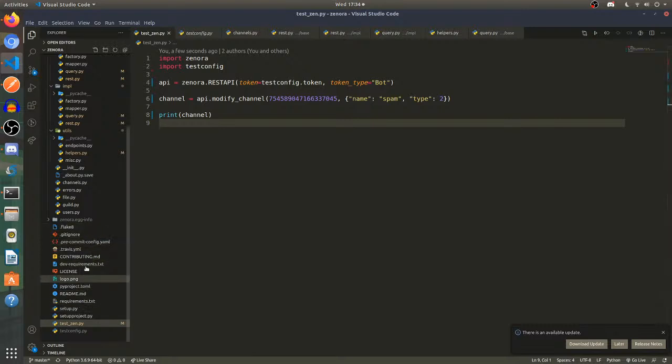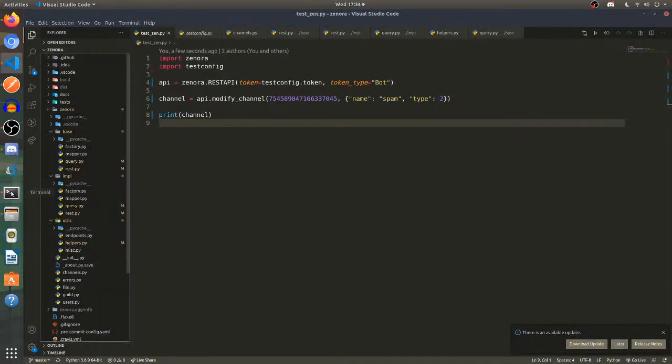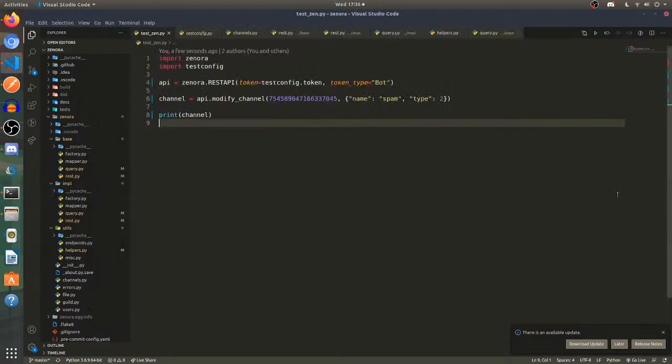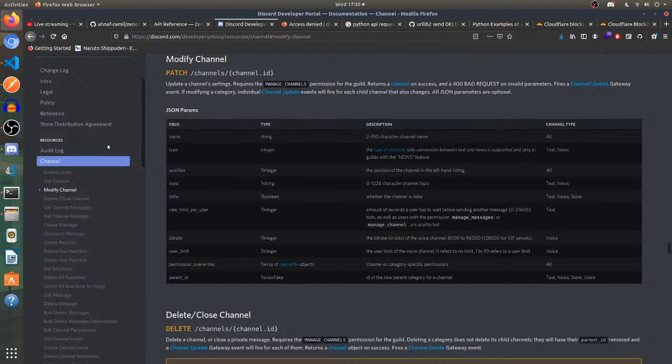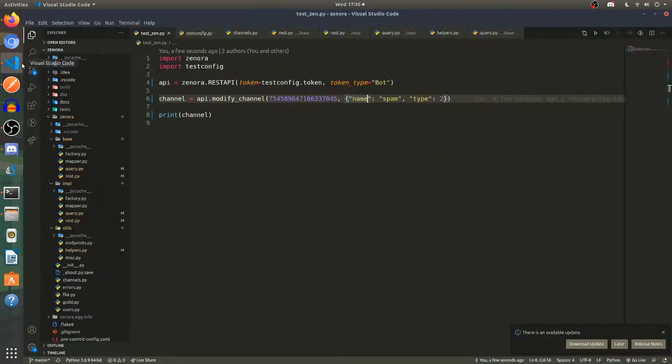I think I should remove the pi cache. Let me delete the pi cache folder. Can I do requests right now? Oh, stupid pi cache. I mean, sorry, stupid request. Okay, so I got the modified channel working right now. I have to test it later. But delete channel or the closed channel, yeah, this should be working. The only thing I need to do is basically the same, nothing much.